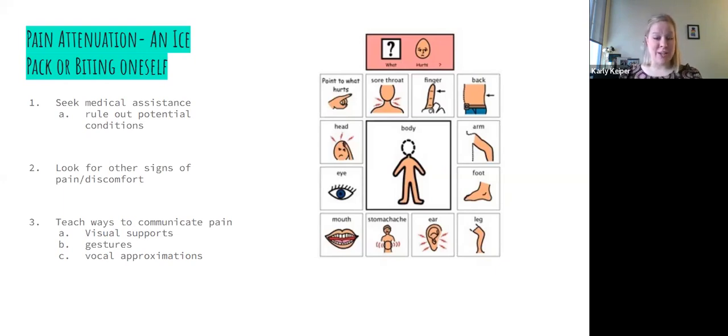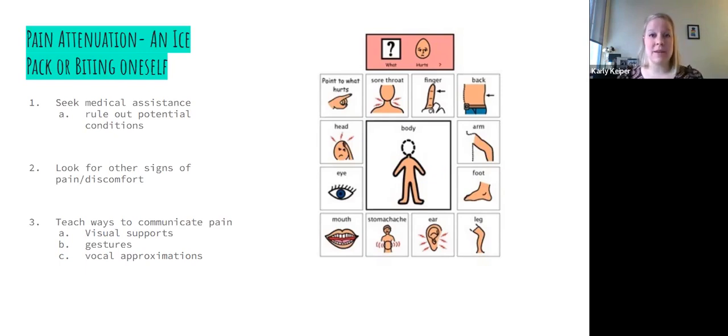We may also teach gestures. So if I have a child who experiences a lot of migraines and they aren't able to communicate those, even if they could on a good day, but they're in so much pain that talking is just too hard, maybe they put their hand on their head to tell me, and then I can take them somewhere that's safe and comfortable. I teach them a gesture that's socially appropriate, easy for me to understand. They don't have to scream and cry, and I take them somewhere safe.